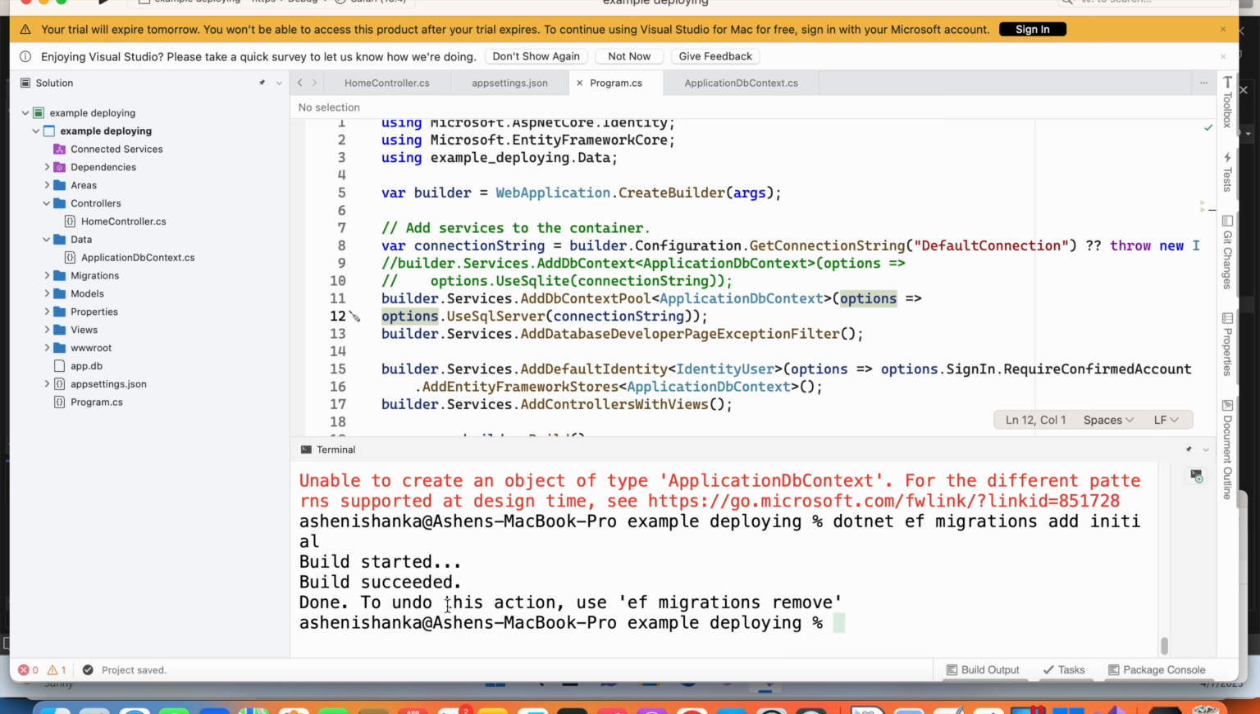Okay, I forgot to save my code, that's why the error came previously. The migration file is created. Here we are going to do the update. In Mac or Linux, you can say .NET EF